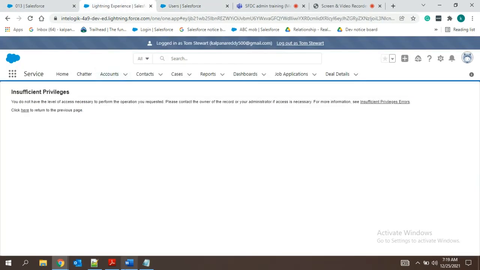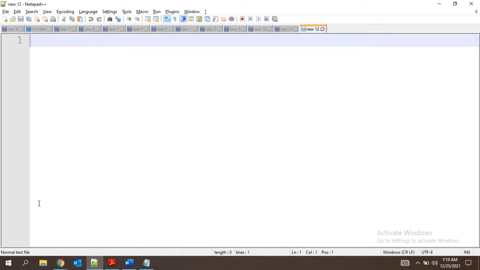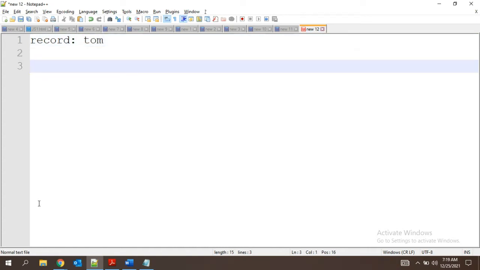Now for today's class, the record was created by me, but it is not shown to Tom. So what is the current day's requirement? The client came to us, we had a meeting set up, and they asked why, even though we have created Tom in the new organization and bought a license also, he is not able to see the records. This is how you fixed it, and he is pressing on us. Then what do we have to do?